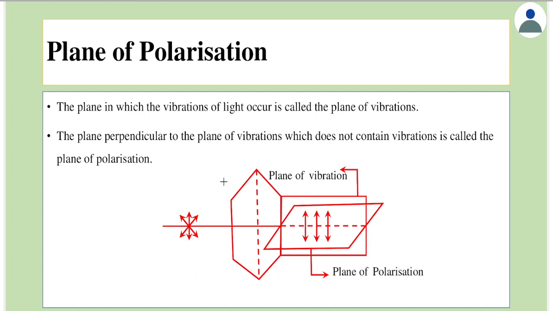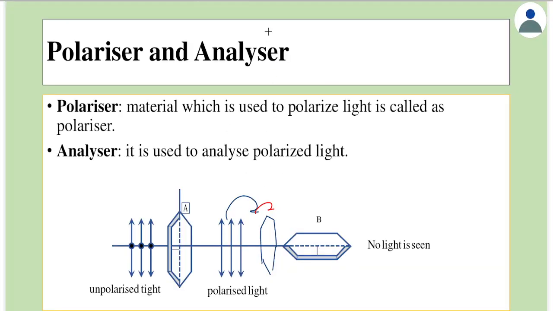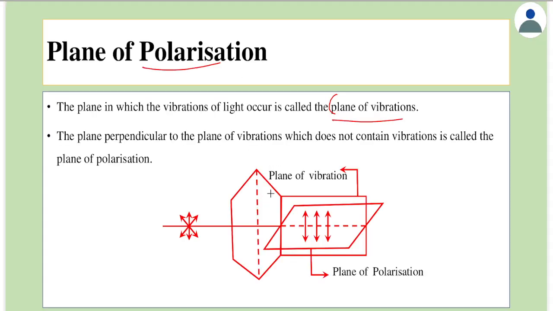The next definition is called plane of polarization, and one more definition is called plane of vibrations. We saw that in case of polarized light, the electric field vibrations are confined to only one plane. So that plane which contains the vibrations is called the plane of vibration. For example, here in this case, a plane which is containing this is called the plane of vibration. So as shown here,